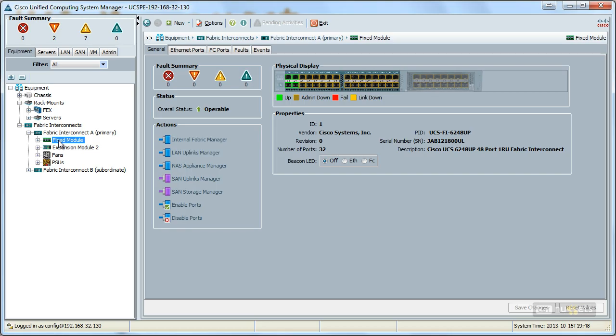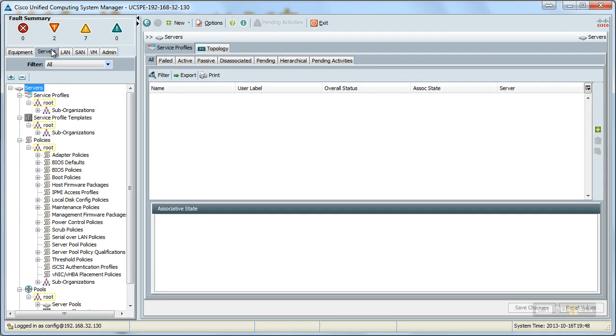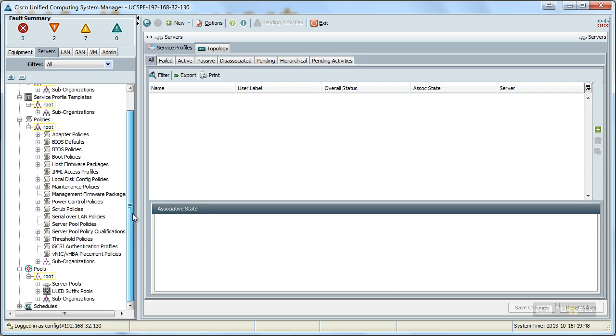The very next tab that we have is the servers tab. And you look at this servers tab and you're pretty intimidated if it's the first time you've seen it. There's service profiles, service profile templates, there's policies, there's pools, there's schedules, all this exciting stuff that you may